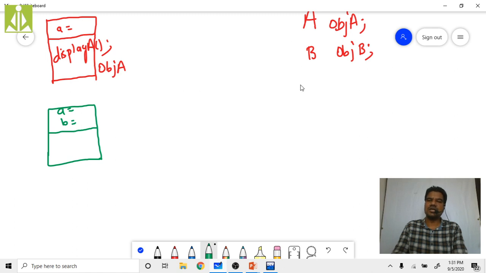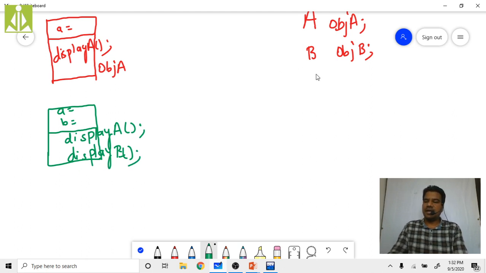We have the relationship single inheritance. So B class object will get two data members, and here you will have display A as well as display B. Like this you will have two functions.